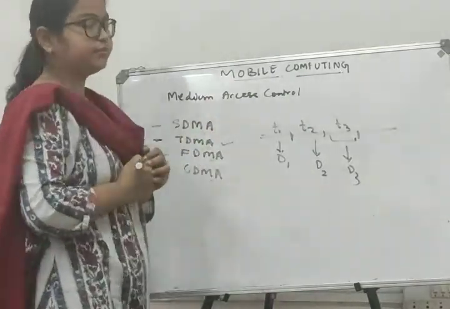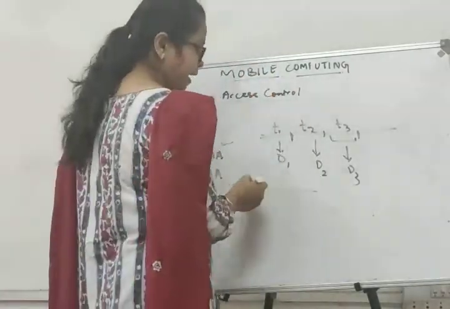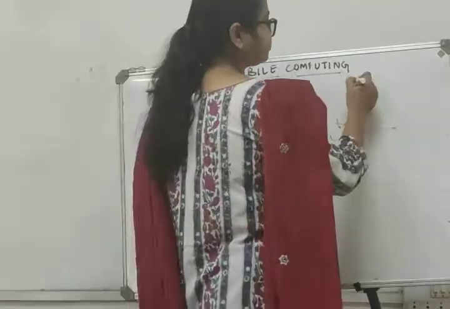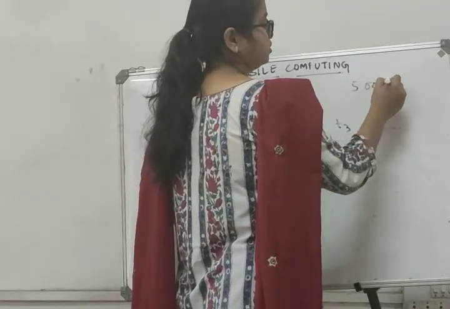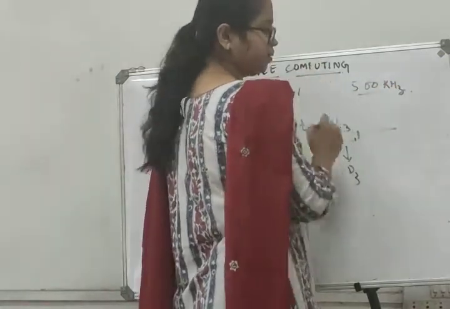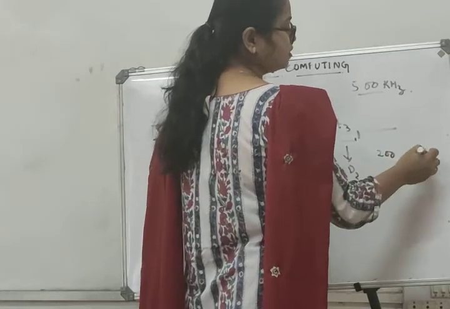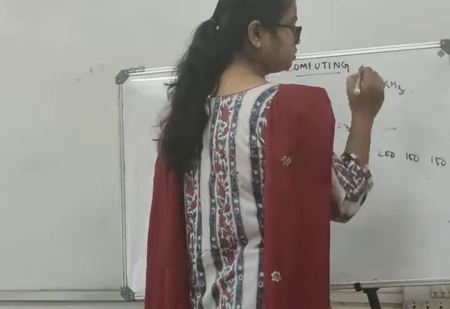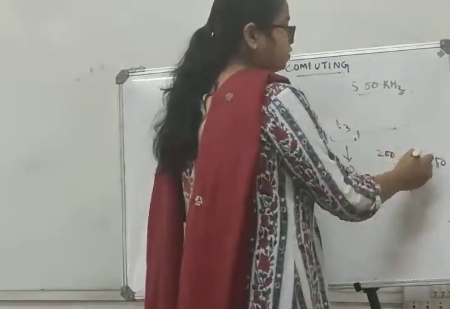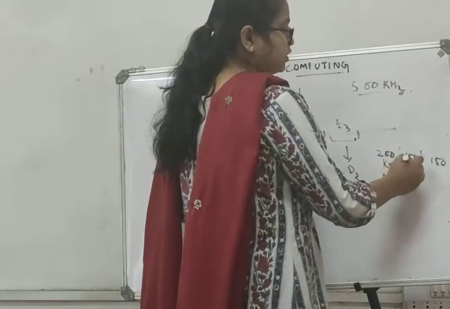Similarly, frequency. In frequency division multiple access, the entire frequency band is divided. Suppose the frequency is 500 kilohertz. We divide it somehow. Suppose 200, this is 150, and 150. Suppose this is how we divide it. Okay. So this frequency is given to device 1. This frequency is